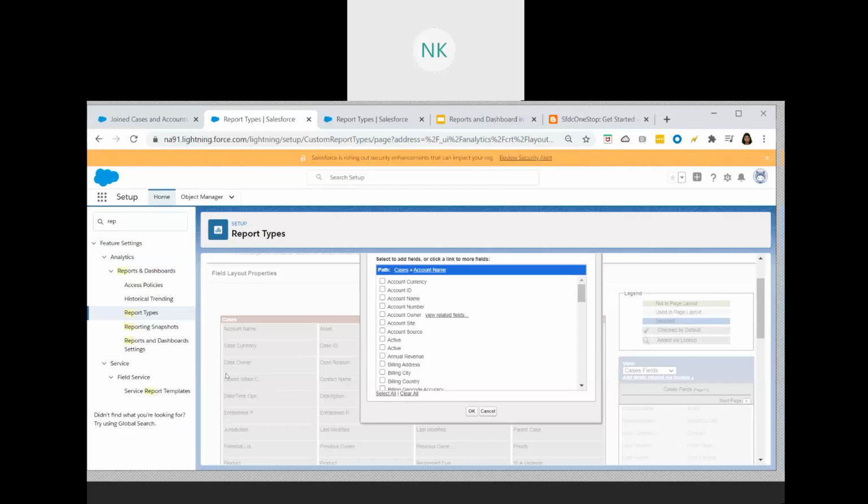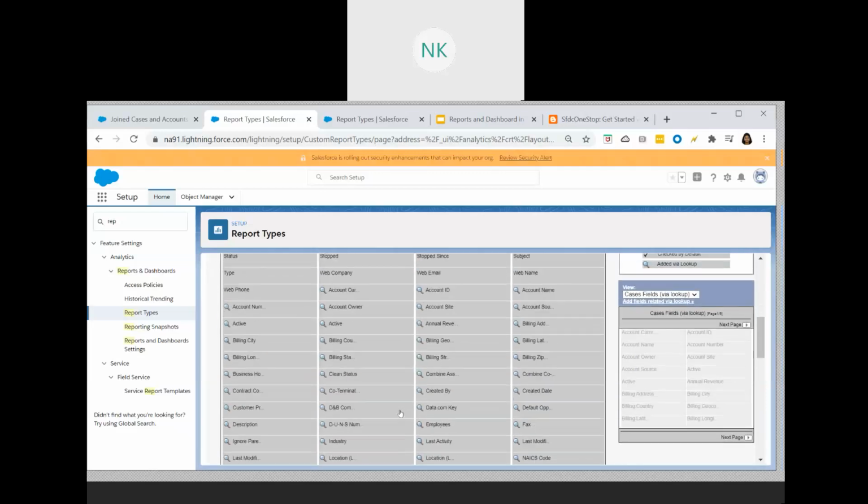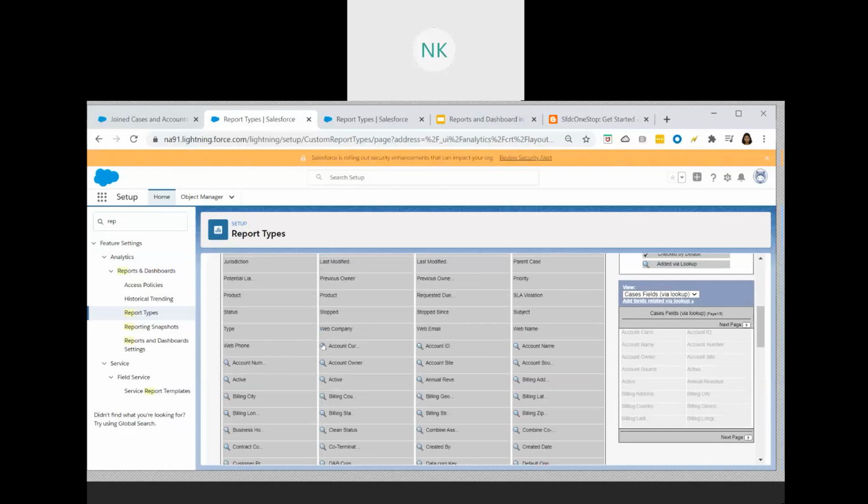to the layout. So here we'll see what all we want. I would want all of this information, or I can say select all and click on OK. When you select all of the fields, you are adding account related fields, which are related to the cases as a lookup, to your layout, to the report type. When you click on OK, here you see all of these with the lookup icon, the icon with a mirror. So these all are the fields which got added via the lookup.